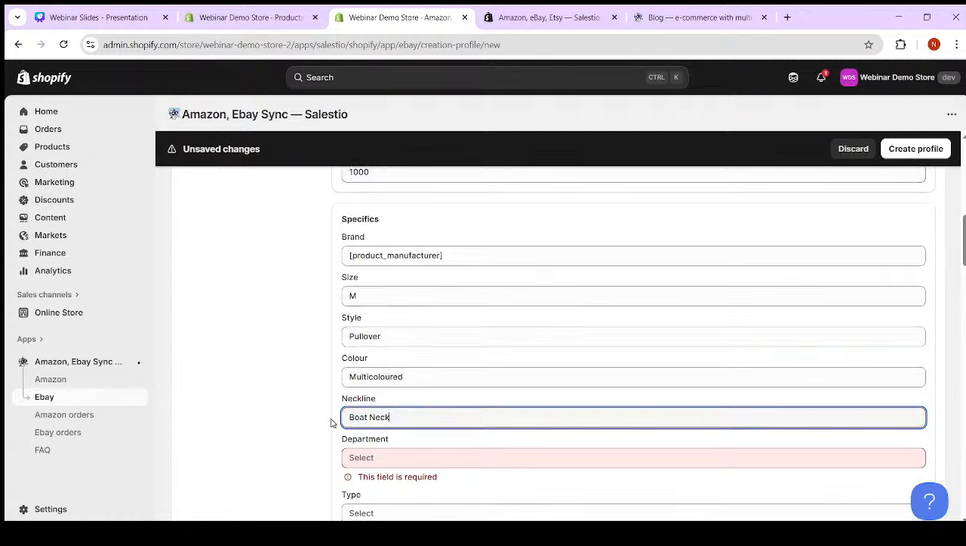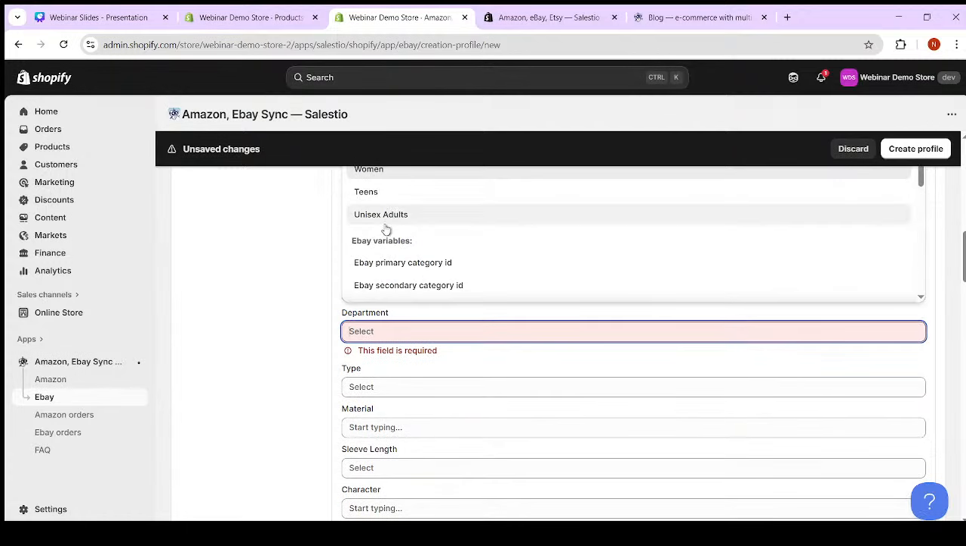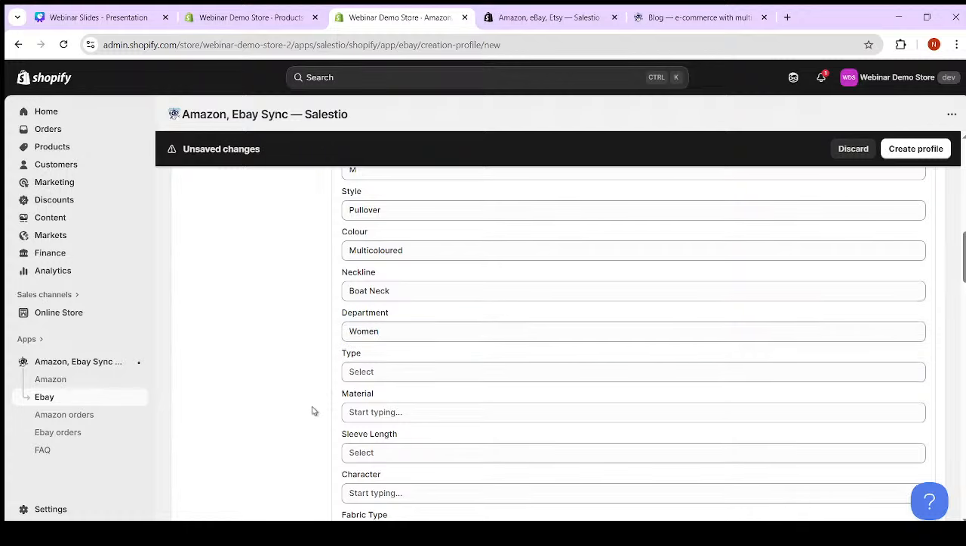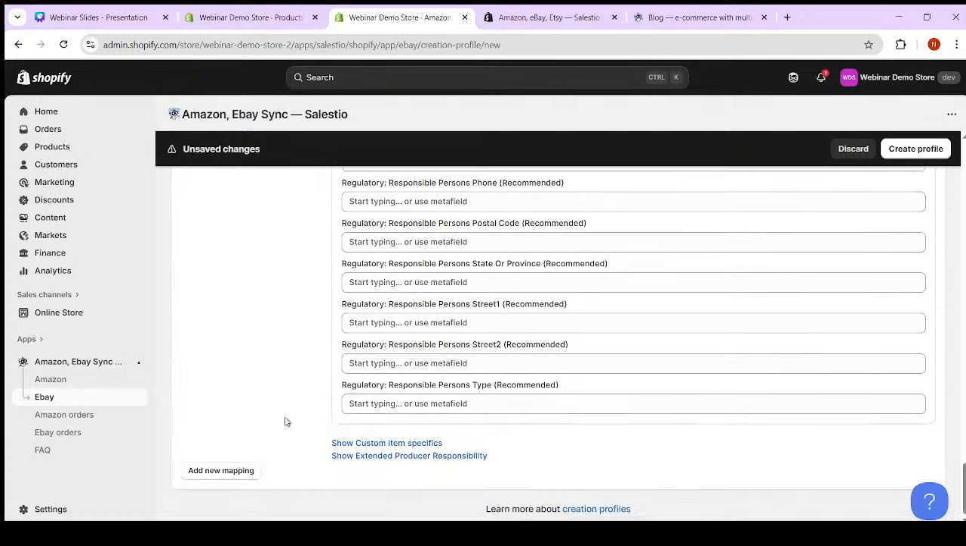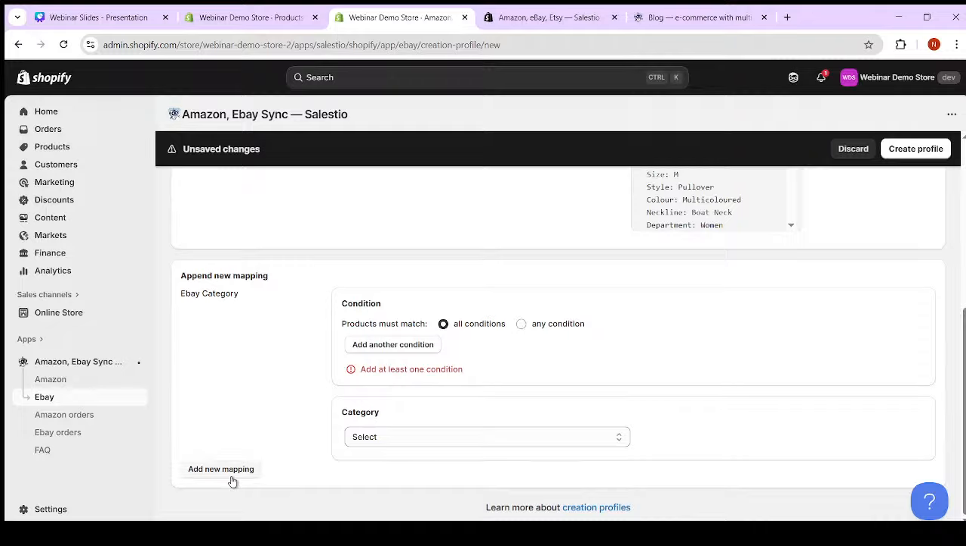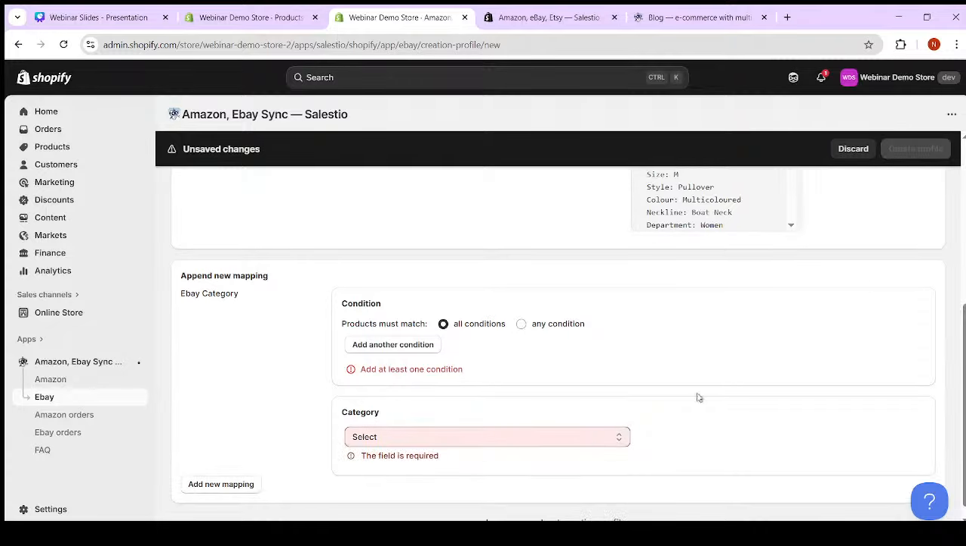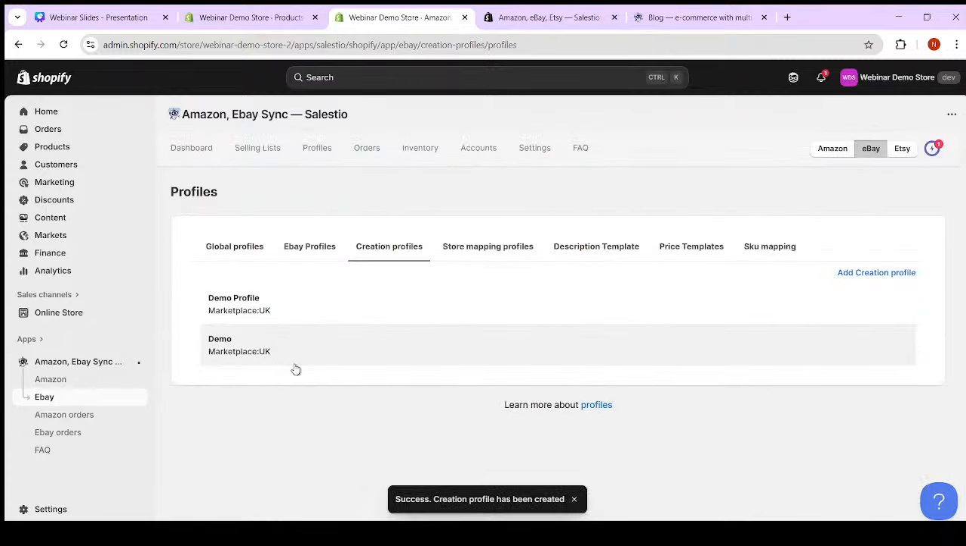Then the neckline, also here, and the department. Okay, let's click Add New Mapping here, and let's click Create Profile. So we have the profile here. The next rule